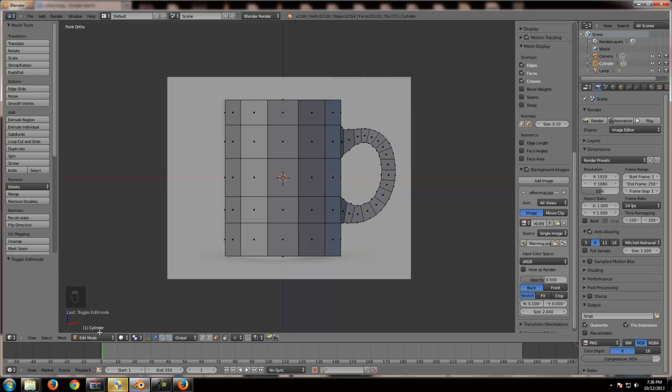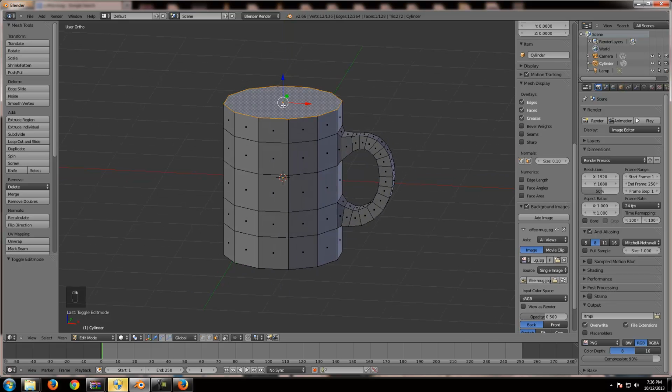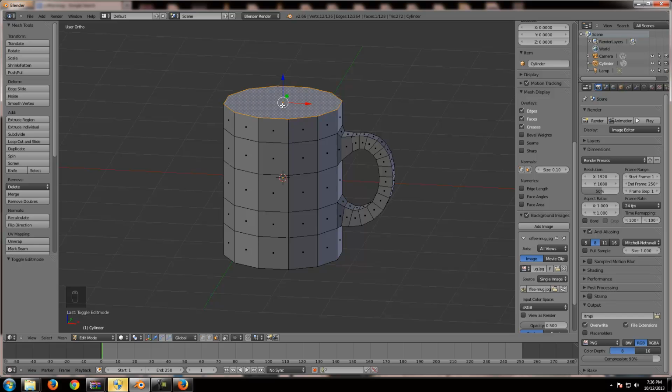You're in edit mode down here, and your mouse cursor is somewhere in this general area. So I'm going to rotate my viewport to where I can view the top face up here, because this is the face that I'm going to need to do multiple extrusions and scalings of. And so if I right click this top face,